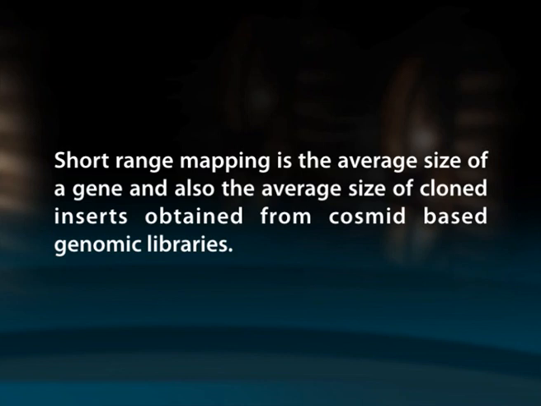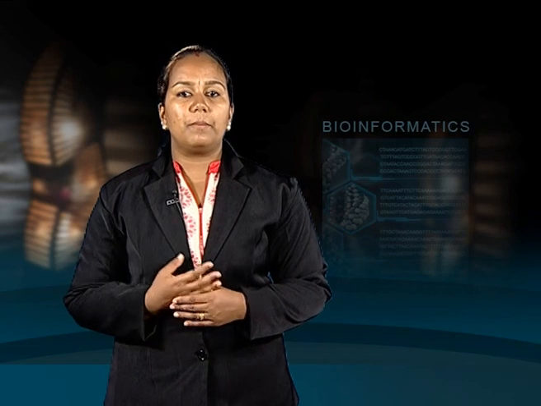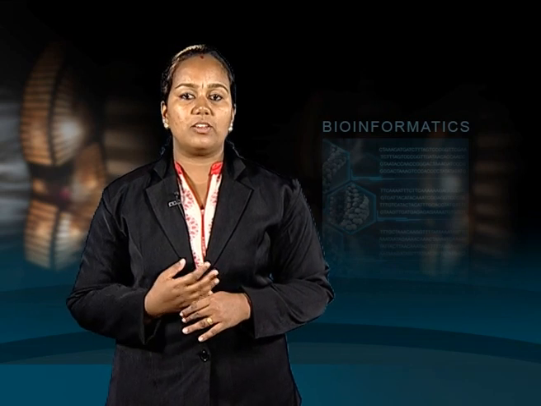Short range mapping covers the average size of a gene and also the average size of cloned inserts obtained from cosmid based genomic libraries. Cloned regions of this size can be easily mapped to high resolution with restriction enzymes. With advances in sequencing technology, it is becoming more common to sequence interesting regions of this